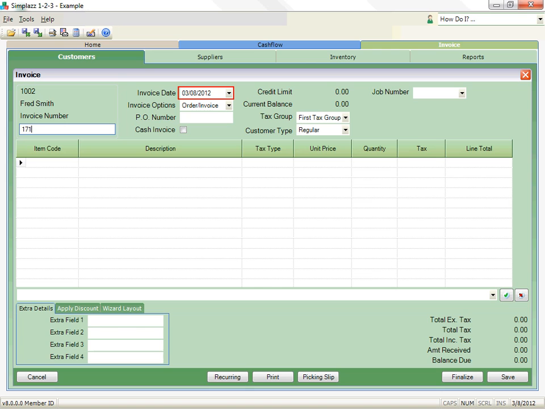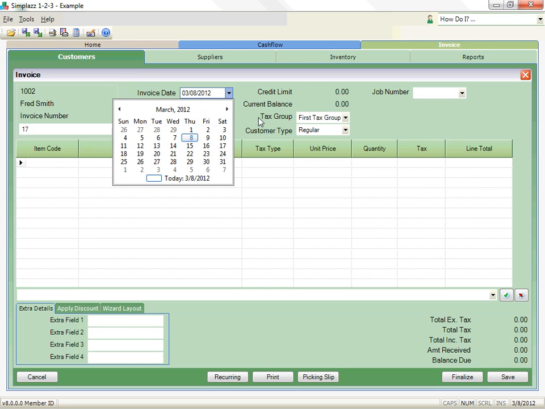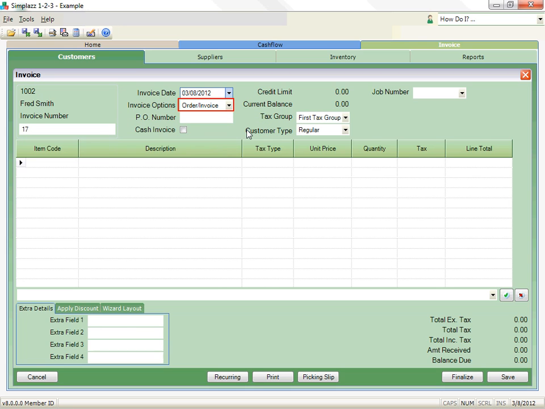The invoice date, displayed at the top of the next column, defaults to today's date per the computer, but you can change this as necessary. The invoice status or invoice options are then displayed, and the choices are